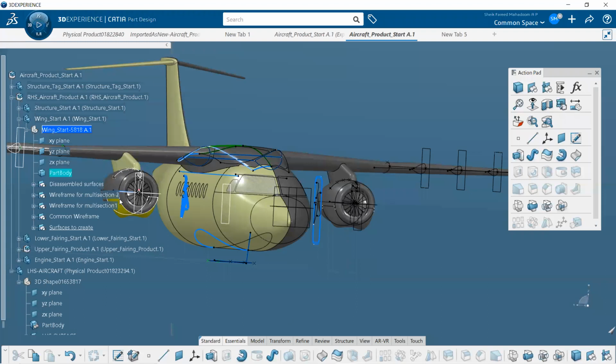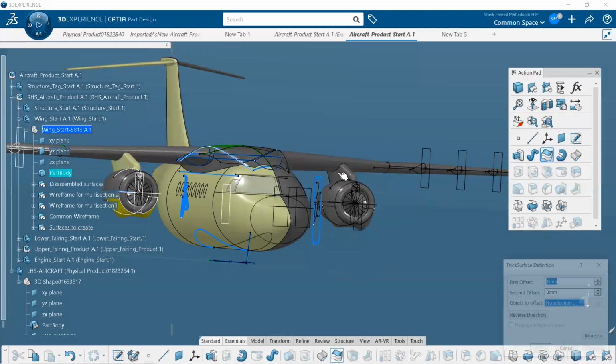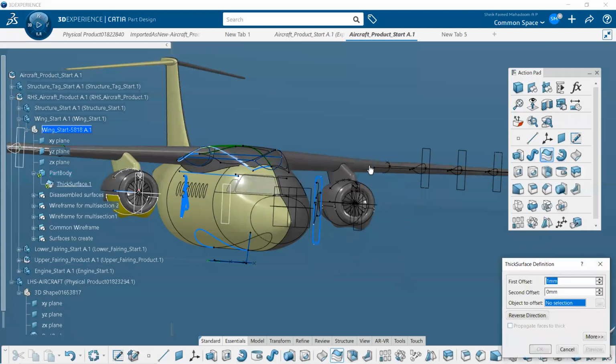You can select the thick surface option, and you can select any surface that you want to give thickness. Right now it is not closed, but you can mention the thickness, how much offset you need, and the second offset, everything. Then if you click OK, the thickness will be added automatically.